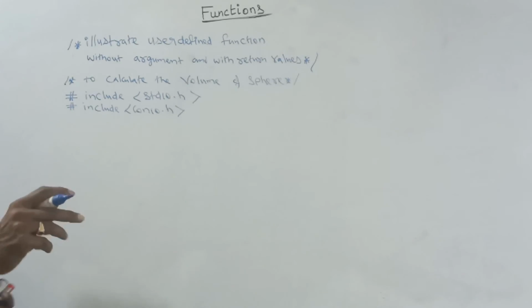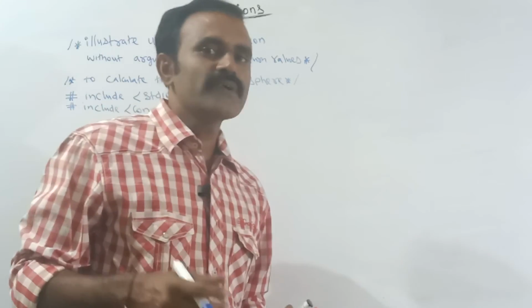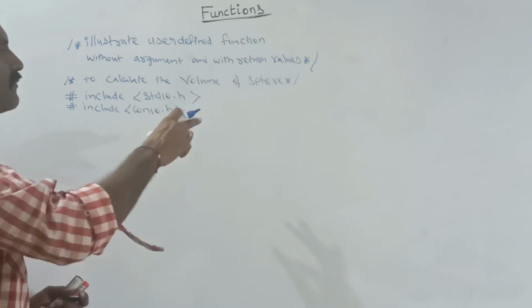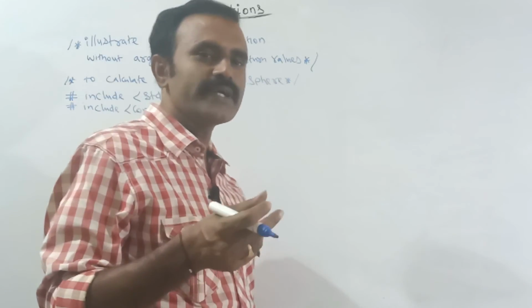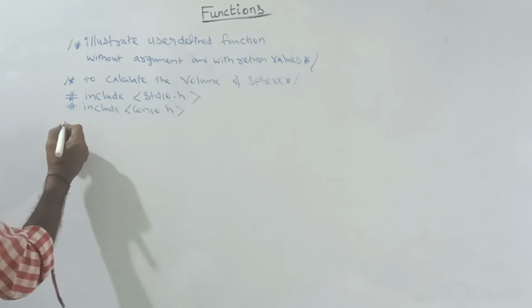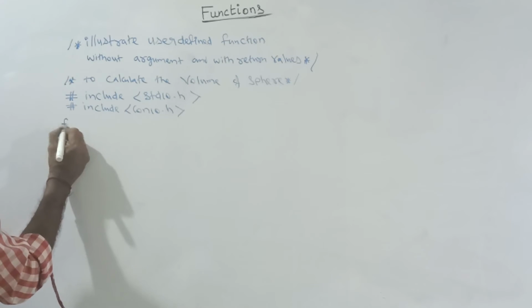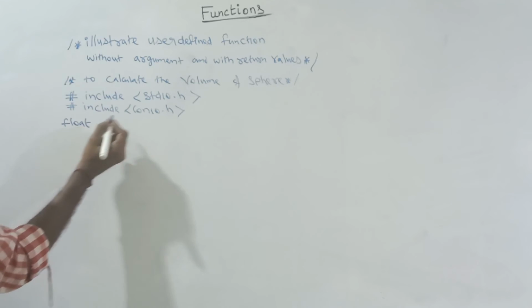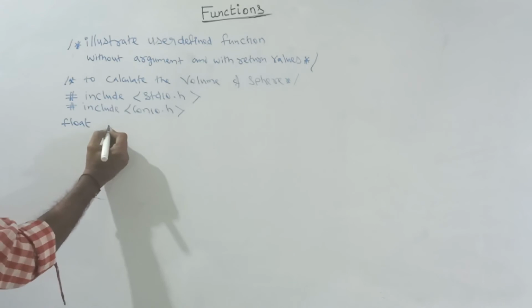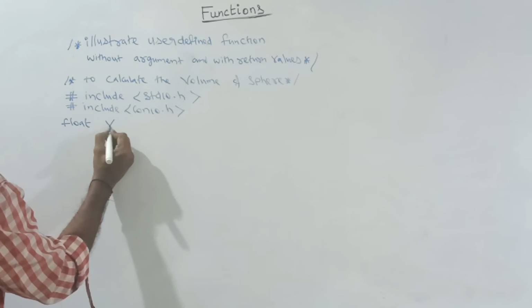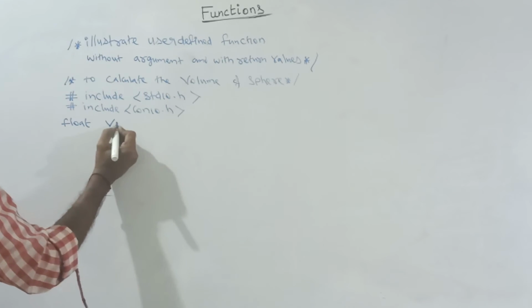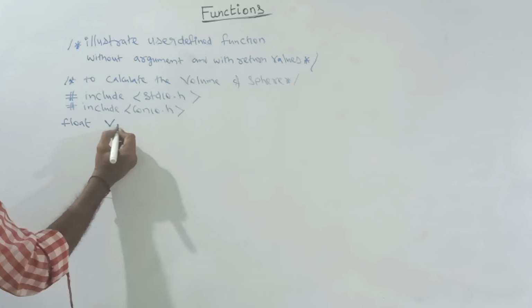Its return value is float data type. To find the volume of the sphere, the return value will be a fractional value. So here I am declaring the return data type as float. Next, the function name. Here to find the volume of sphere, so I am declaring it as